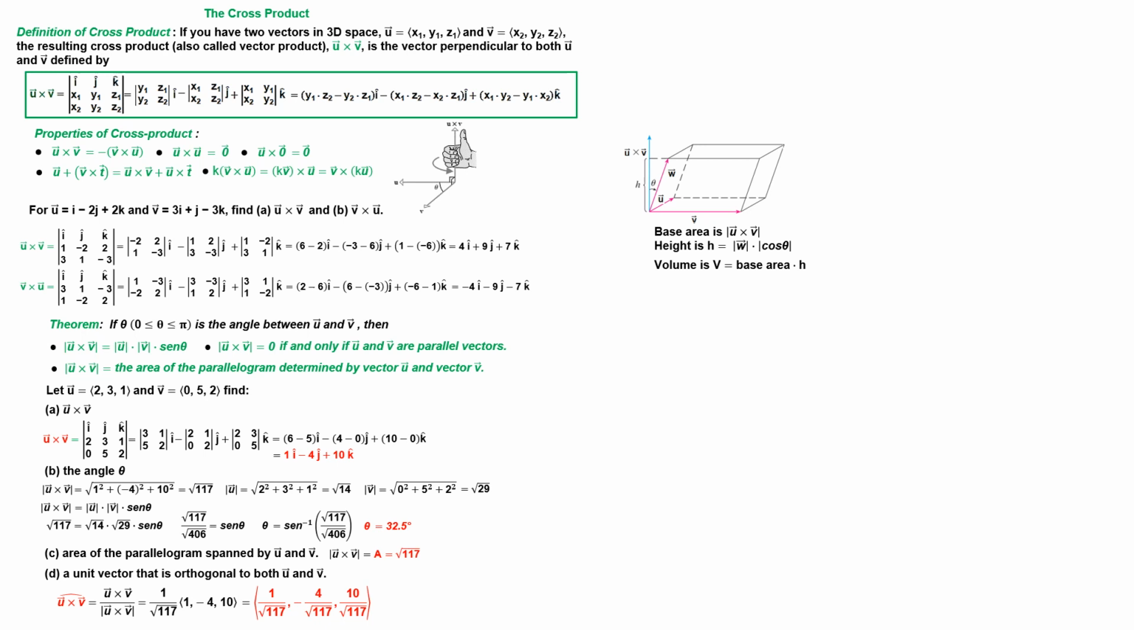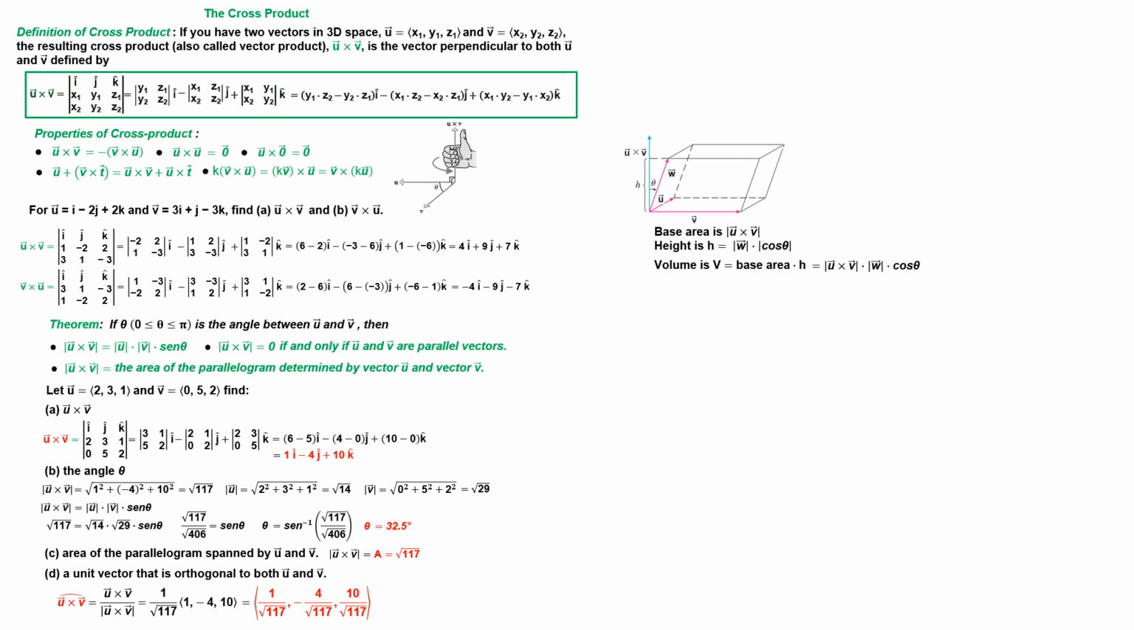Therefore, the height can be calculated by multiplying the length of vector w with the cosine of the angle theta. Theta is the angle between vector w and the cross product of vector u and vector v. We use the absolute value of cosine theta to account for cases where theta may be greater than 90 degrees, resulting in a negative value for cosine theta. The volume of the parallelepiped is,